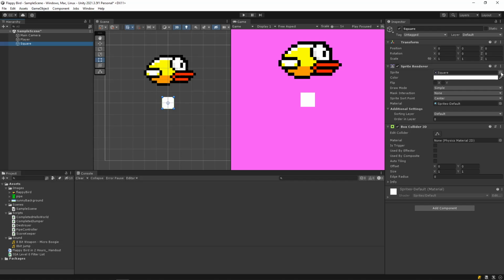Seriously, there were like owl versions of Bill Gates, or Steve Jobs rather. I don't know what Unity is doing. I have no idea. So that's the second way to add in an image. And for some reason, the pipe is a little bit more the size we want. Last way is the easiest way. We can literally just drag this from the project window into either the hierarchy, and it will create an object for us, or we can drag it straight into the scene to position it exactly where we want. Perfect.